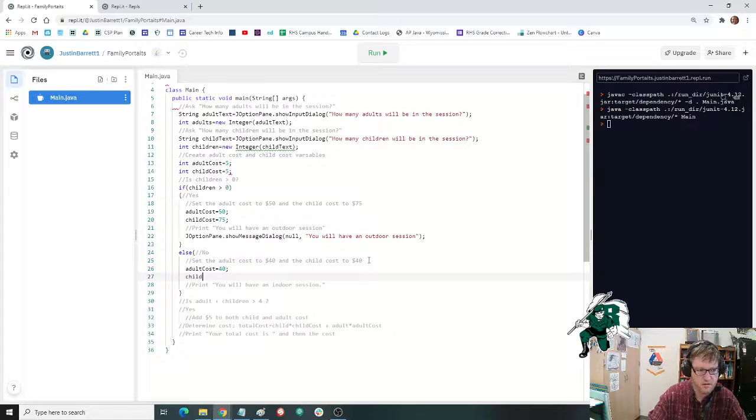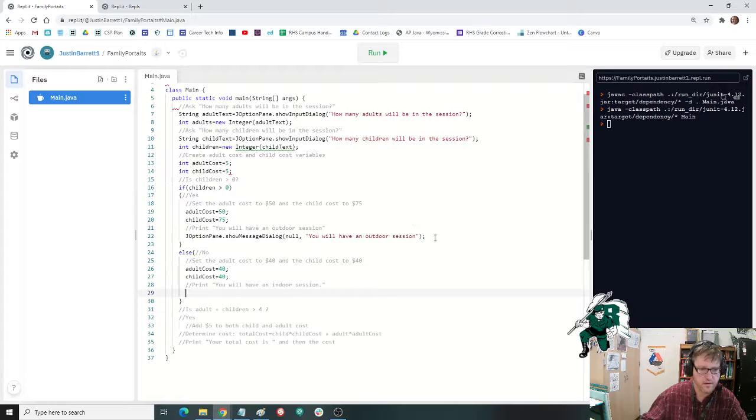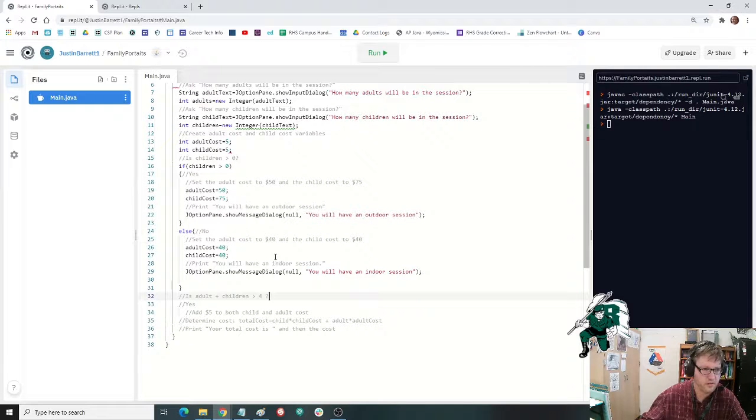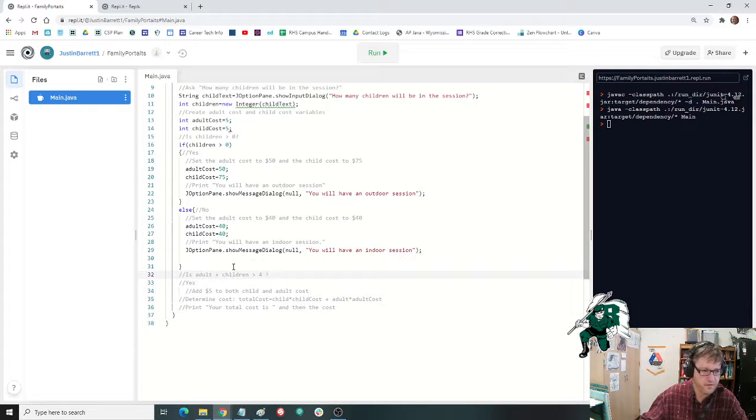And we can set the child cost to 40 as well. And then we're done with that. We want to print, and I can just copy and paste. You will have an outdoor session. There we go. So now, done with that piece from our flowchart, and now we're going to ask the question,